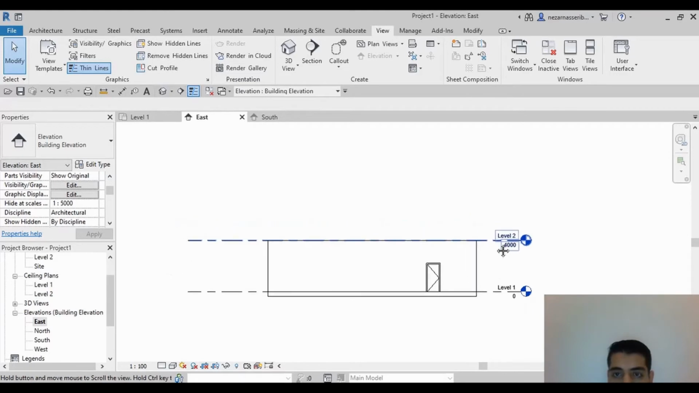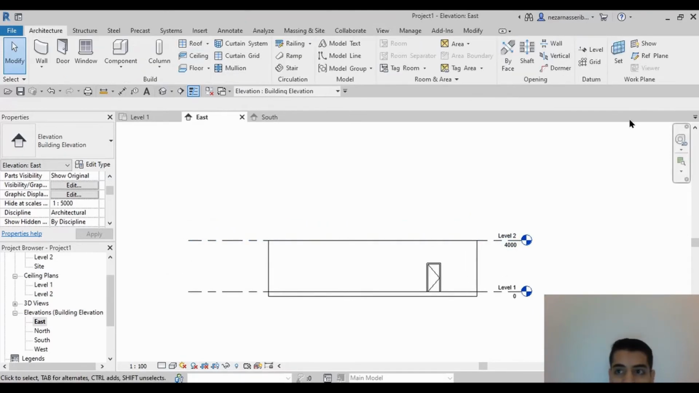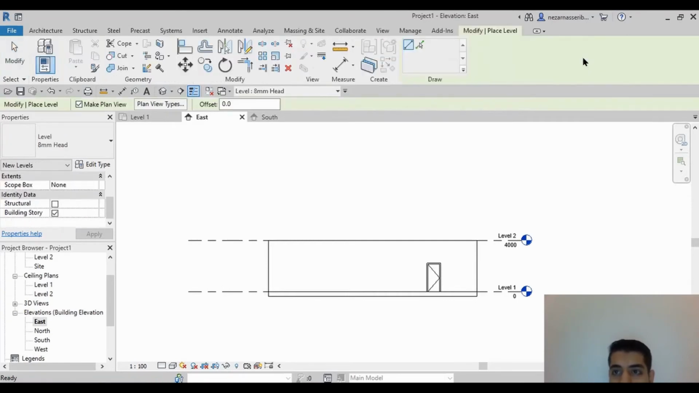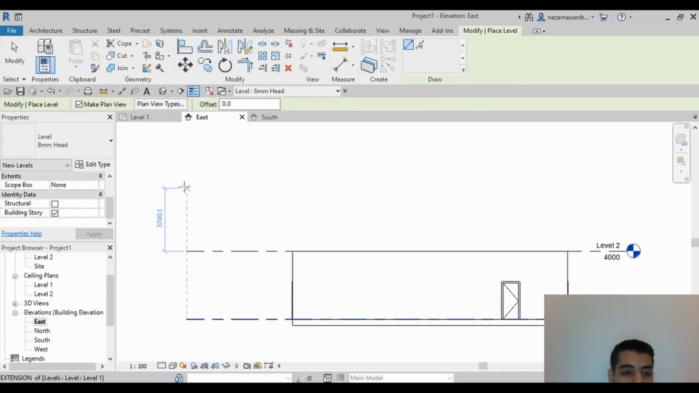Yeah, that's pretty much it. You can add as many levels as you want. So if you go into the Architecture tab, and actually in the Structure tab as well, where it says the Datum section, you can click here and you will see these draw options. Now I'll be explaining the difference between these two later, but for now I'm just going to show you how